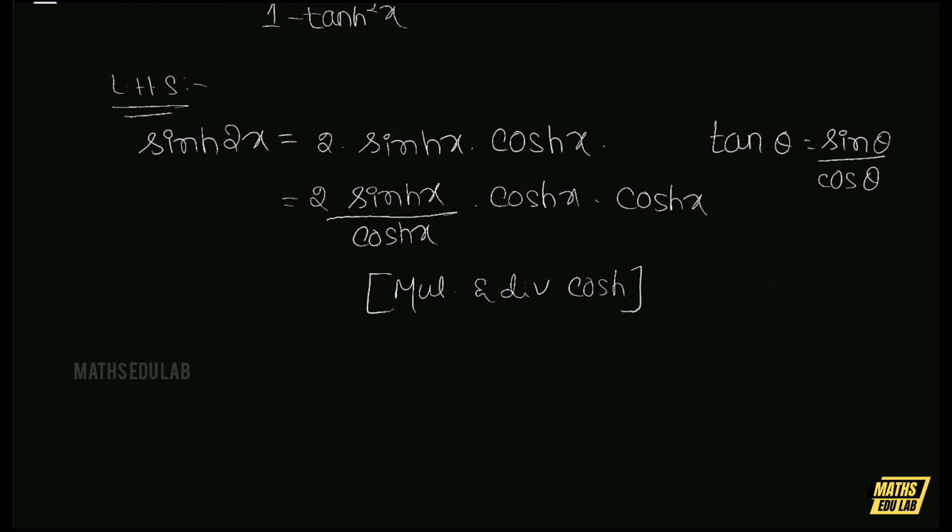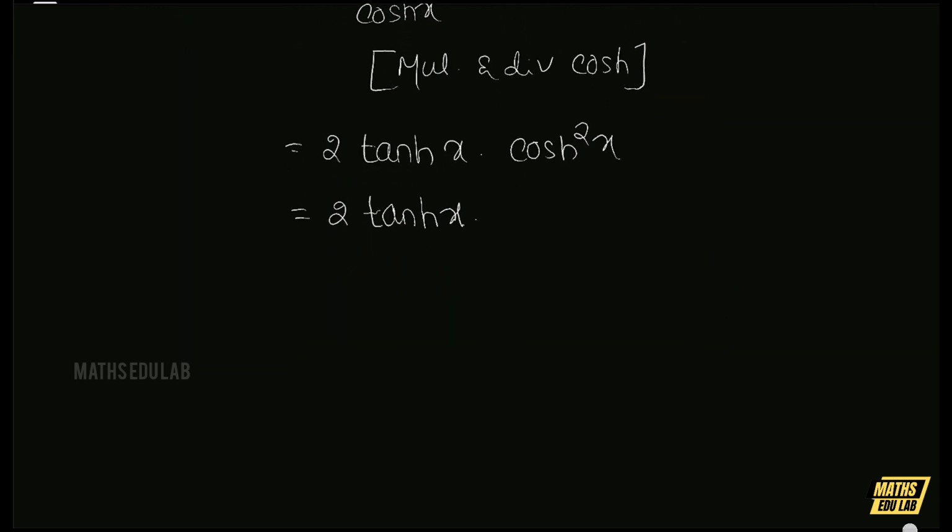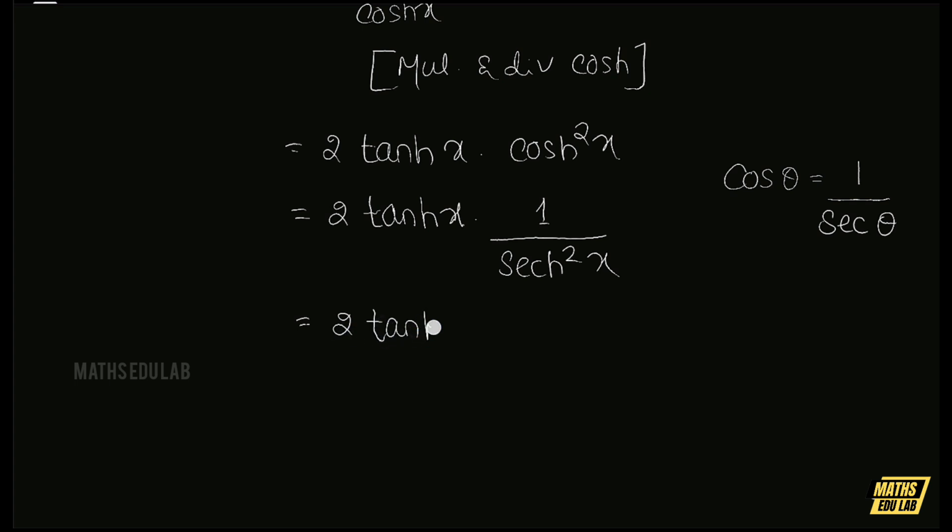Okay, now we can get 2 tan hyperbolic x into cos hyperbolic square x. So now let's solve for the next step, 2 tan hyperbolic x. If you see here, we know cos theta is the reciprocal of sec theta. So I can write it here as 1 upon sec hyperbolic square x. Okay, then 2 tan hyperbolic x